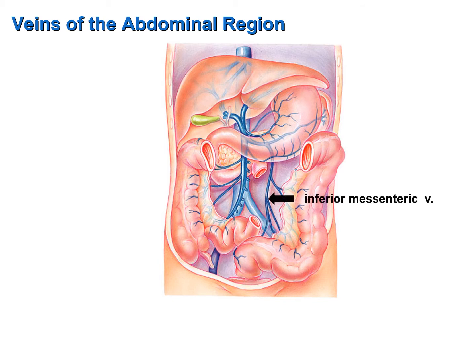This is the inferior mesenteric vein. It drains blood from the distal large intestine. And here we have the superior mesenteric vein, which drains blood from the proximal large intestine as well as the small intestine. All blood that is drained by veins from the digestive organs of the abdominal cavity is taken to